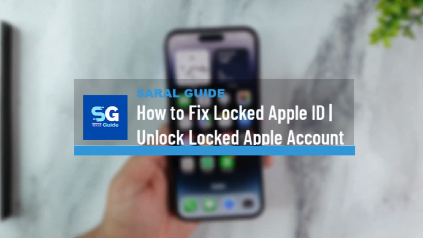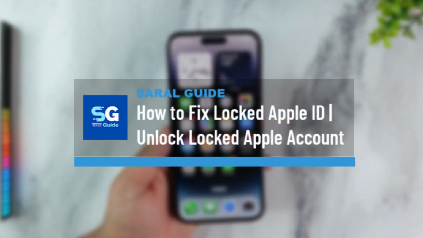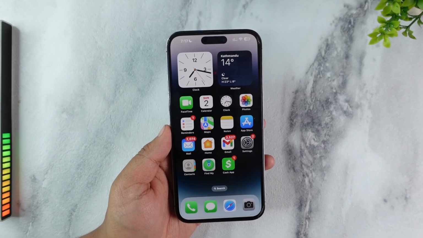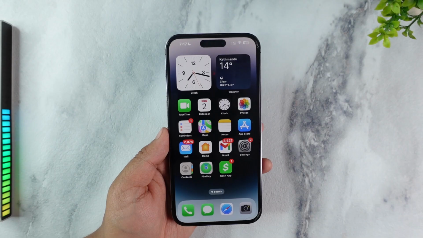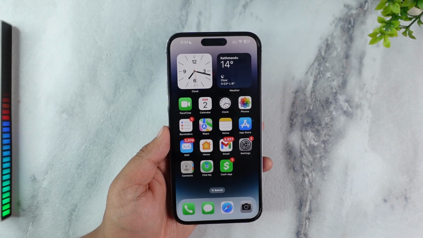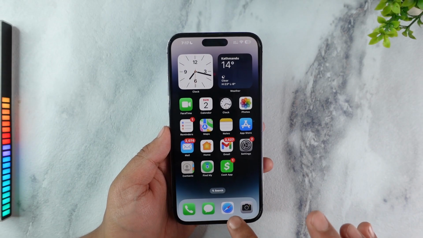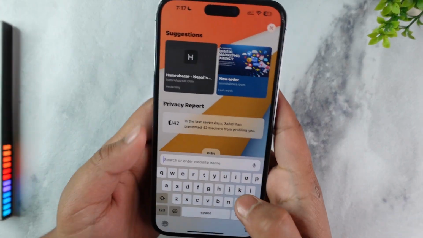How to fix locked Apple ID. Now if your Apple ID has been locked and you want to go ahead and unlock it because it's been disabled, it's actually very simple to do. All you have to do is first of all launch a Safari browser. Then you want to go to